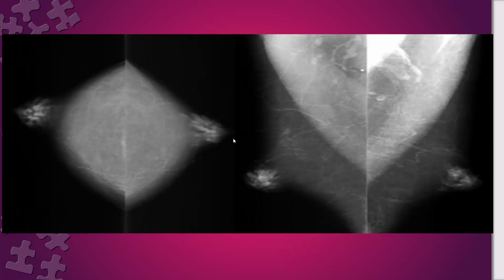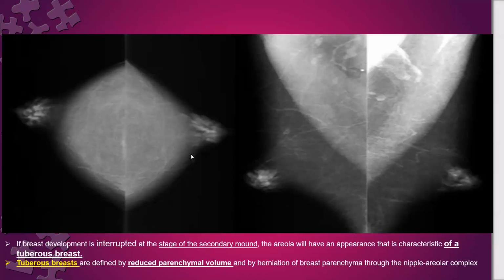Stage 5, it will remain only the papilla elevated. The areola, it has to be what? It has to be reduced. It has to be regressed back. It has to get to the level of the areola. It has to go back. If it failed to go back,